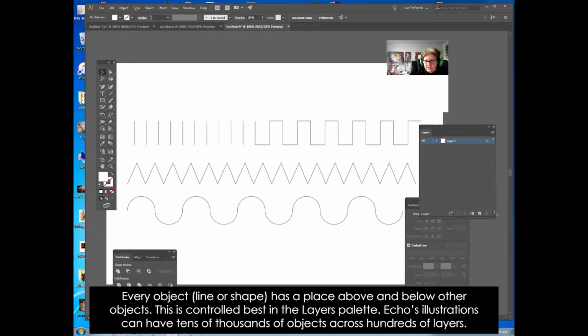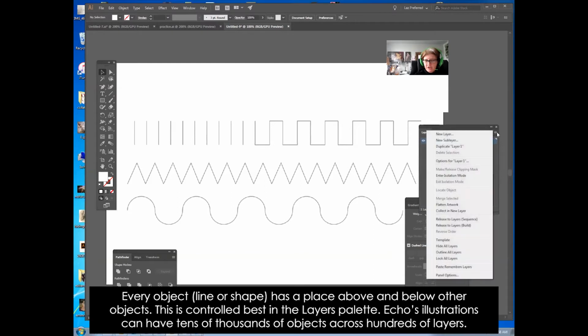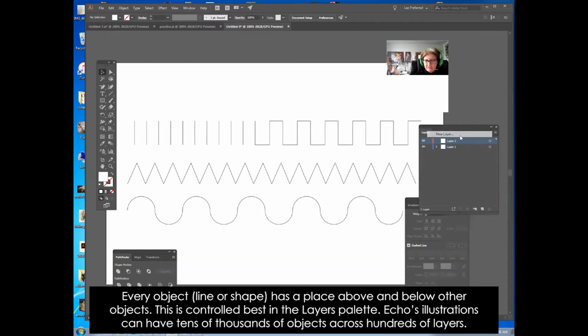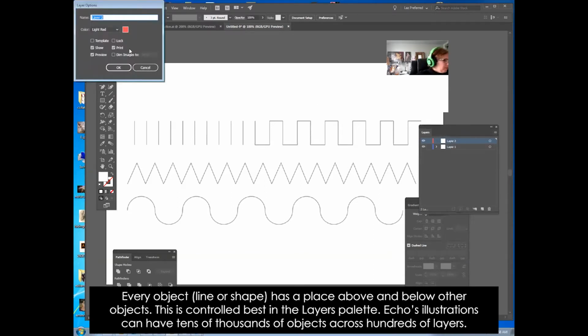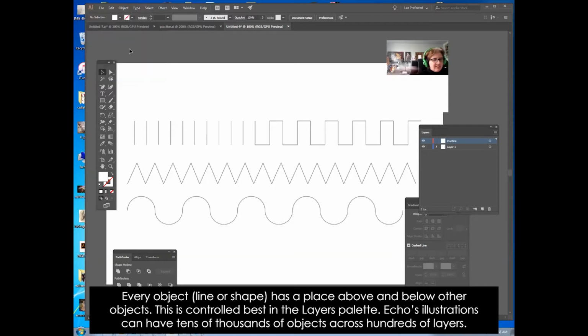Okay, so you have layer 1 right there, which is the base layer. We're going to make a new layer, which is going to be this little icon down here. It says create new layer, or you can pop up here and you can make new layer. And you can name it if you want, if you're into naming layers. Practice, I'm going to call it. I'm very lazy at naming my layers, so